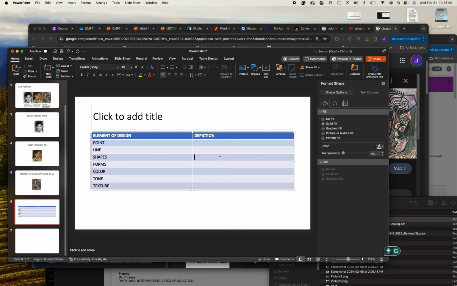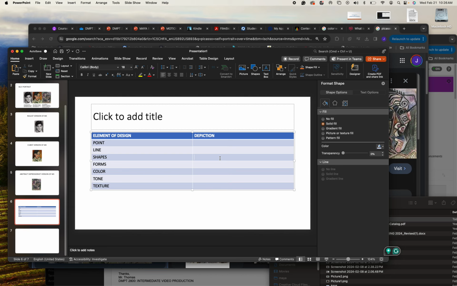My shapes can be organic shapes, like ovals or imperfect circles, like egg shapes. Shapes can be geometric, squares, triangles, things like that, the trapezoids that are very precisely created, just like you made it with a protractor or some geometric tools. So I'm going to use the terms associated with each one of these elements. I'm not just going to throw the terms at the teacher in the depiction section. I'm going to explain how I use these different elements in this case in my artwork using the keywords associated with